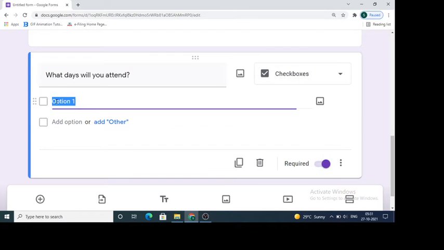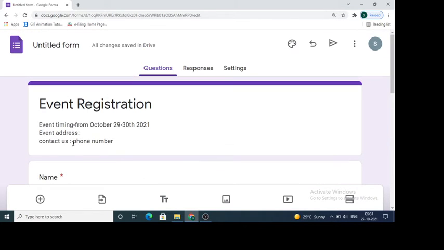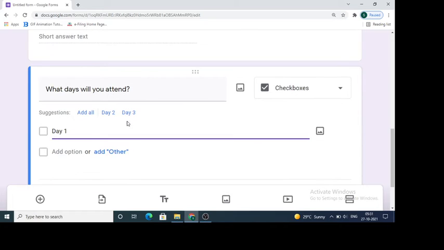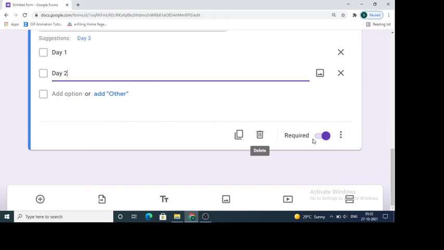Okay, so over here day 1. See, our event we have considered from 29 to 30th, so it is there only for 2 days. So we will ask about day 1 and we will ask about day 2. Again this we will make required. Then we will ask for